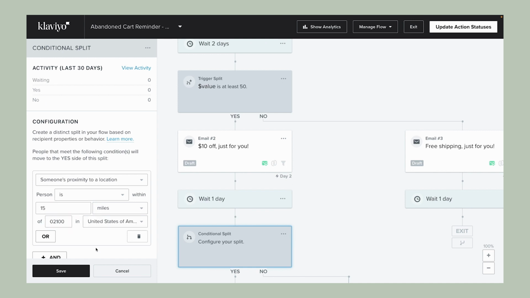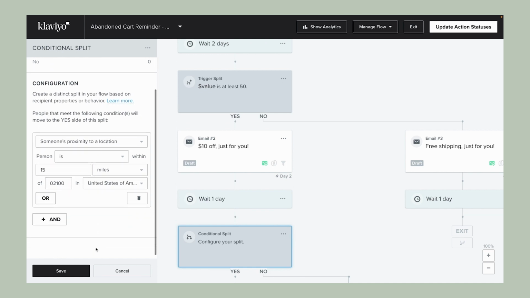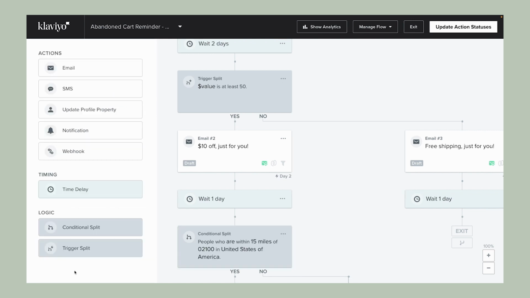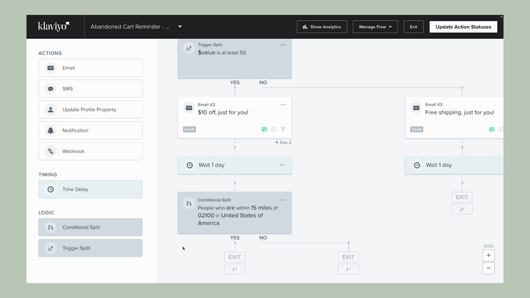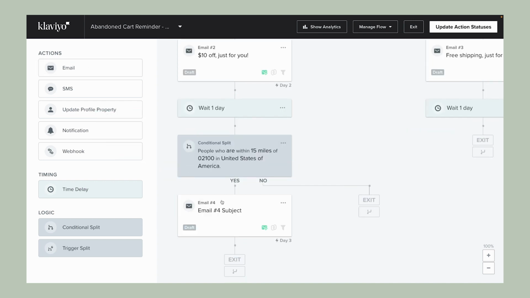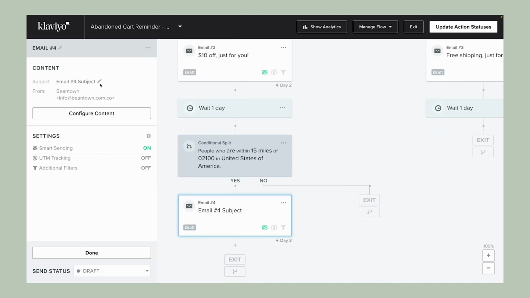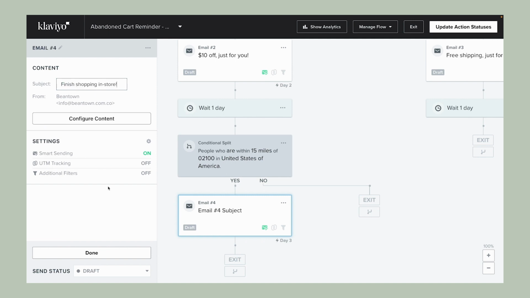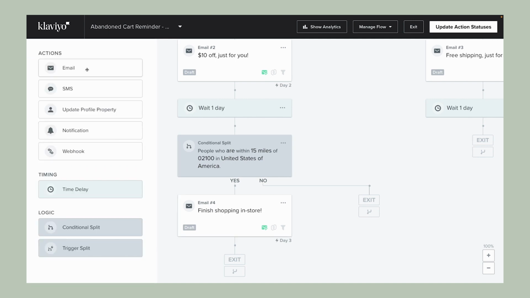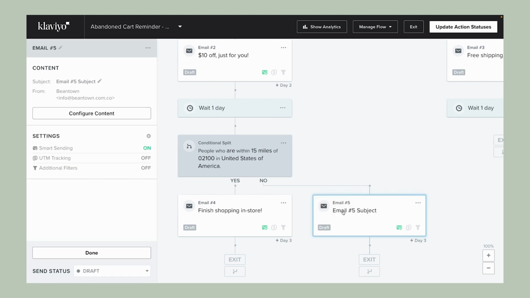If someone is within 15 miles of the store, they may receive messaging around in-store pickup options or local deals, only available to them, to encourage them to buy. Whereas those further away, and thus unlikely to shop in person, will continue to receive standard messaging that only pertains